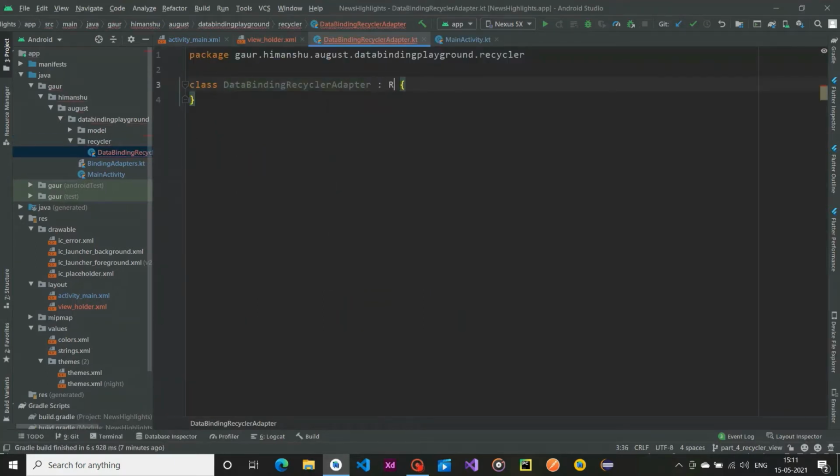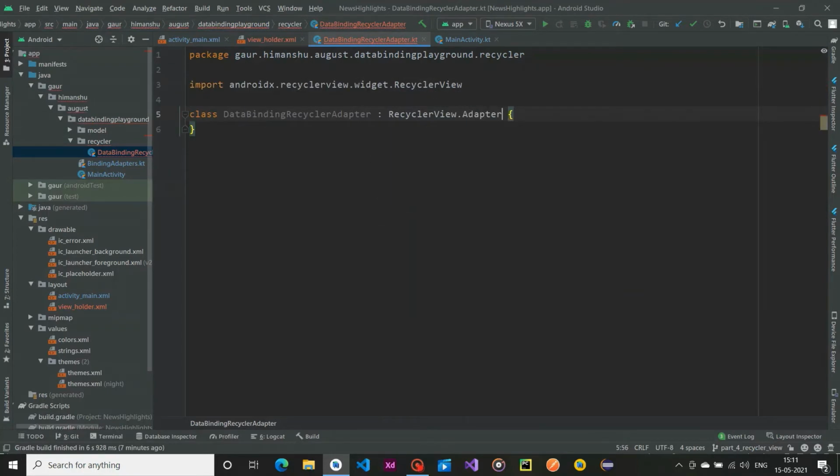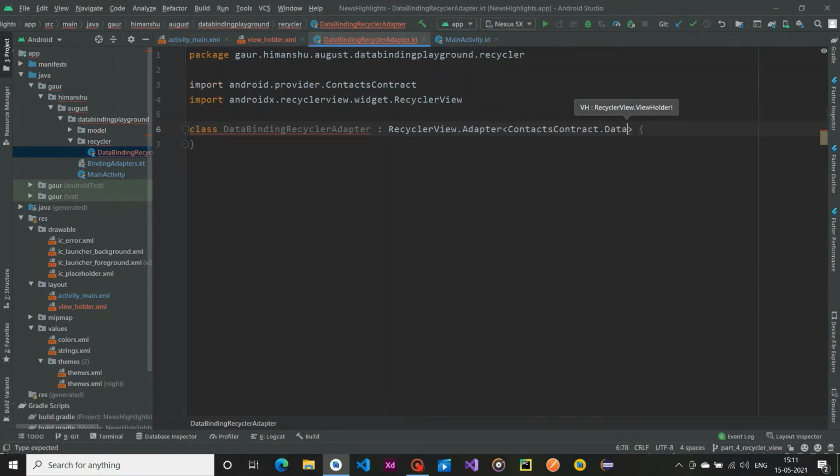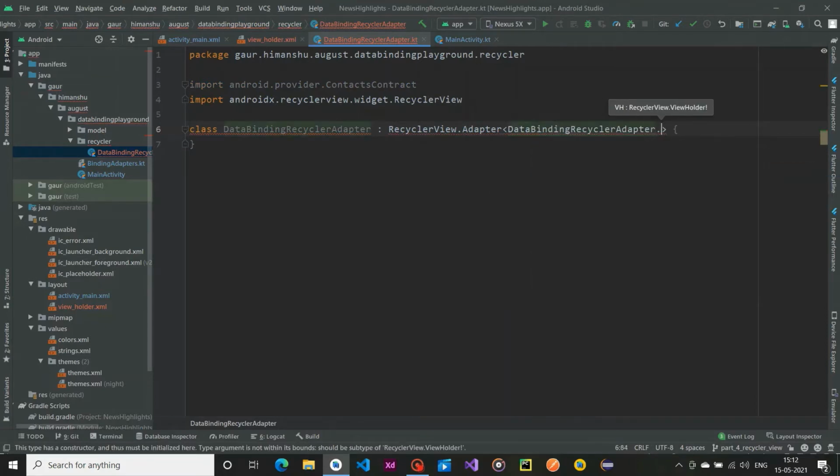Now extend this class with recycler view.adapter and pass the view holder. So first we mention our data binding recycler adapter, and within this class I'm going to create a view holder class. So for that I'm passing view holder. So this is my view holder name. So implement the members,